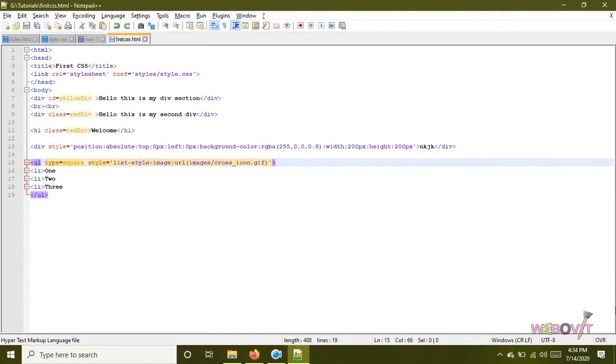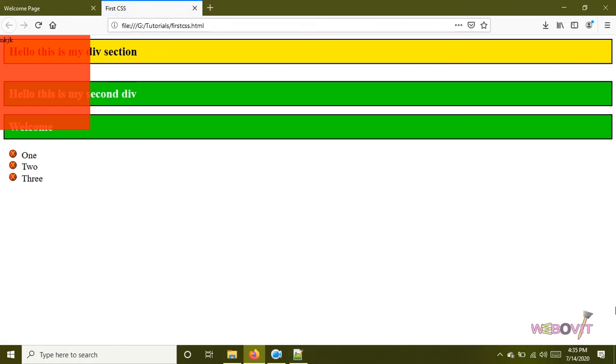So in the style I can increase the font size as well. Font size also I will give 20 pixels so that the text and the image are of equal size. Alright, so I think until now everything is clear to you: how to give styles to the links, how to change the look of the cursor, how to change the color and the opacity of a particular section, and how to change the styles of the list.